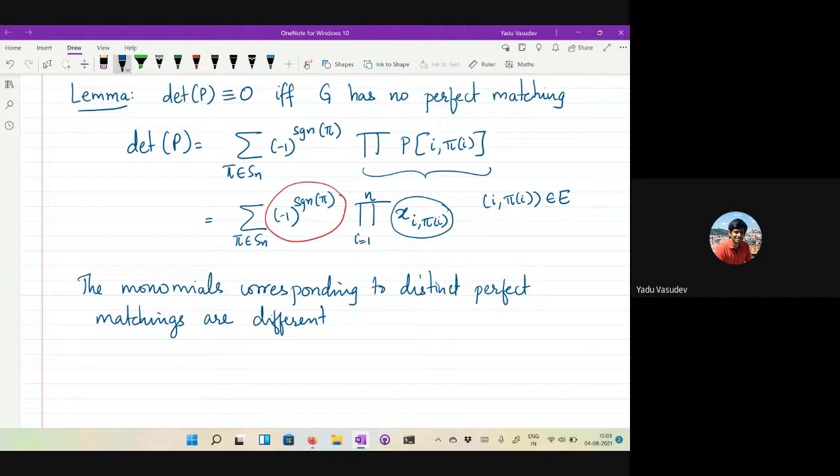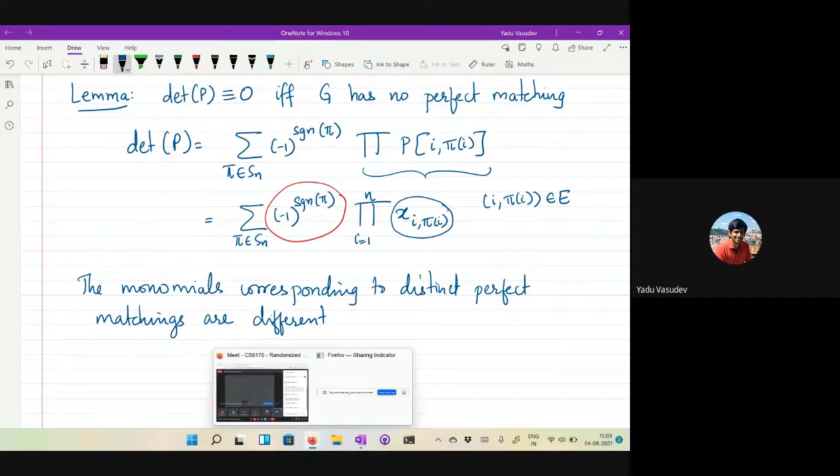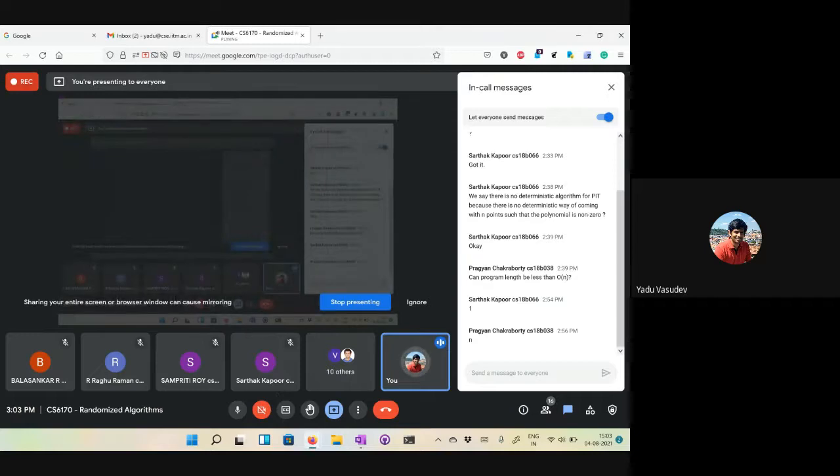So even though the algorithms that you may have seen for perfect matching, the algorithms that at least I know for perfect matchings, are fairly complicated, they're not very easy algorithms. But here you have just reduced everything to just computing a determinant. Correct? So perfect matching is a very simple randomized algorithm, via PIT.